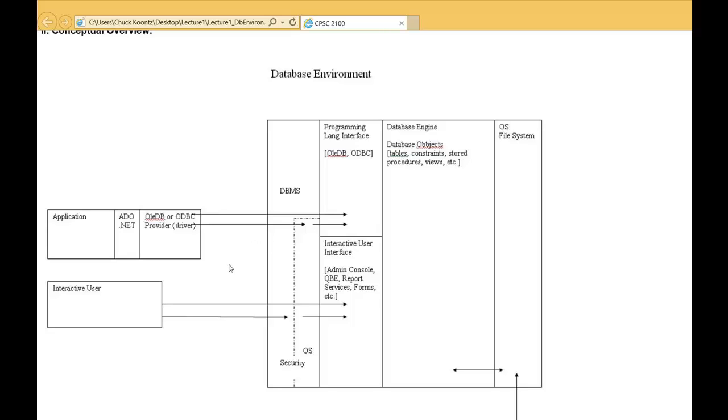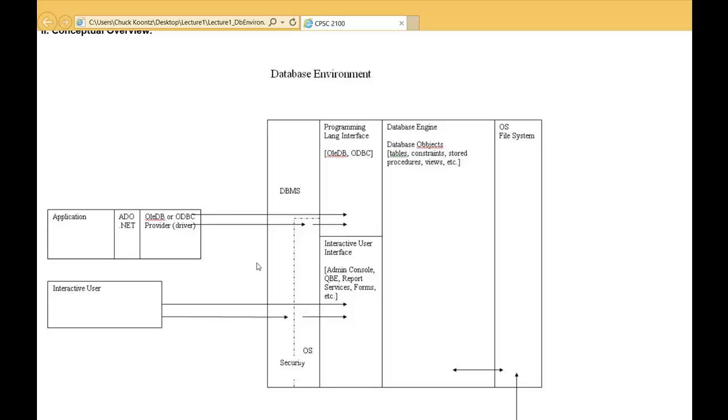Now, we didn't look at security in Microsoft Access, and it is possible to put a minimal amount of security on an Access database file, but when we look at SQL Server here in a moment, it's going to be very obvious that this is a database management system that's designed to be used by multiple users, not just a single user from a computer desktop,